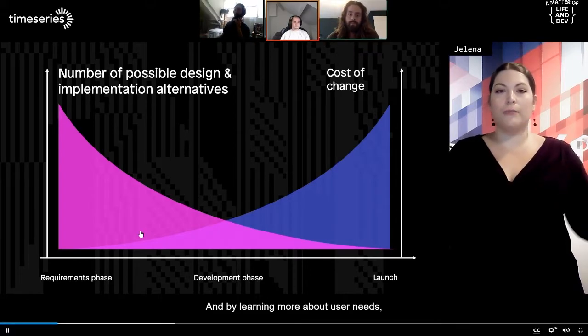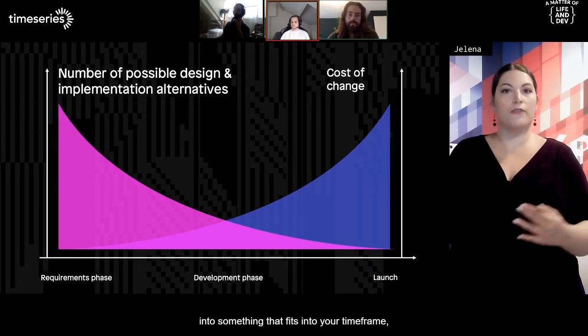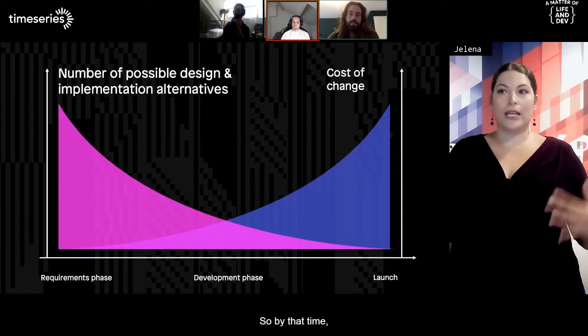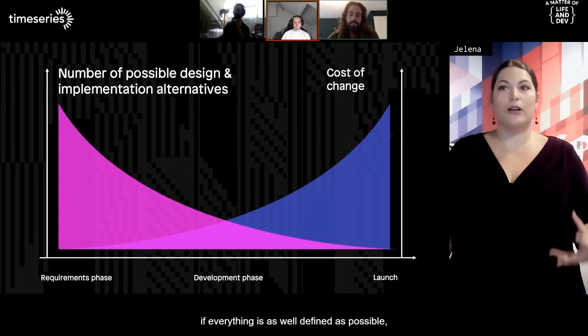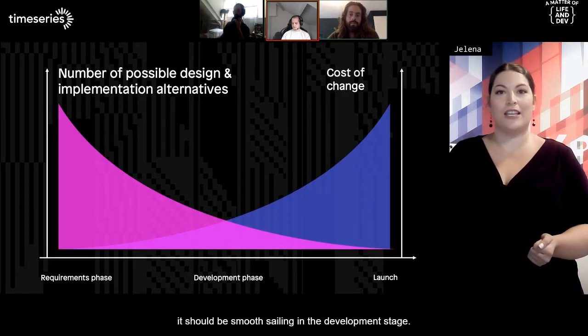The number of possible solutions is huge, and by learning more about user needs, you're reducing it to something that fits your time frame, budget, or other constraints. By then, if everything is as well defined as possible, it should be smooth sailing in the development stage.